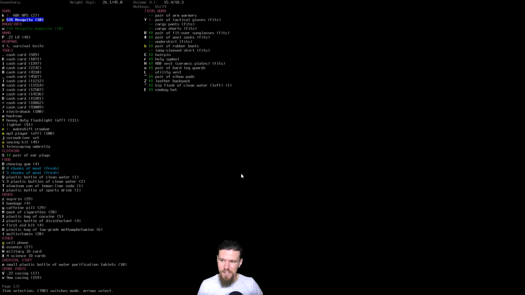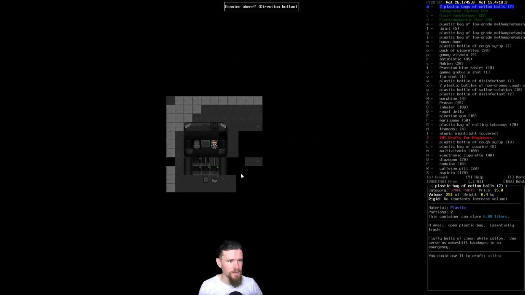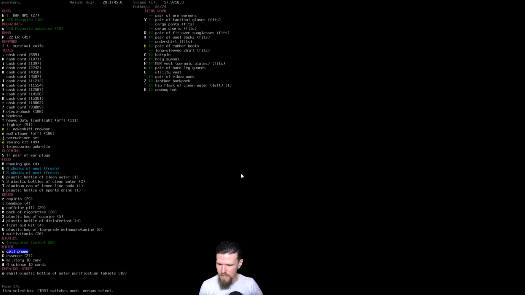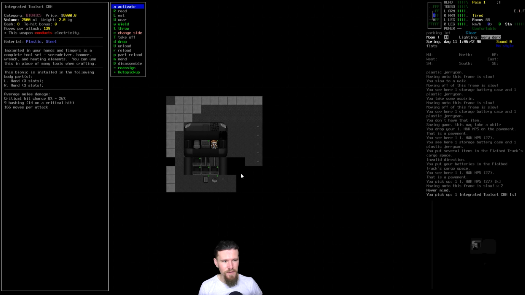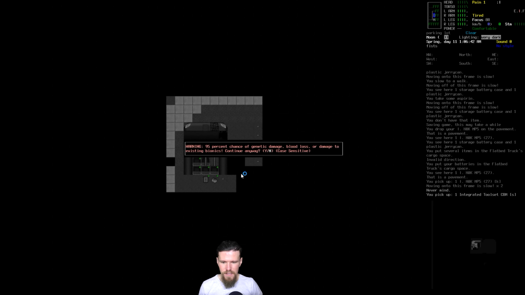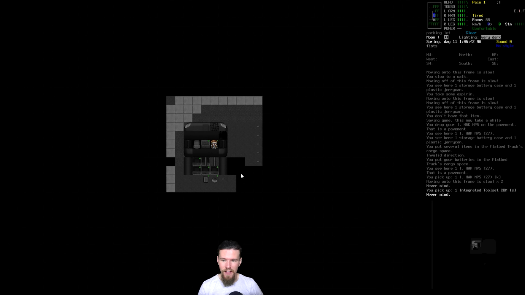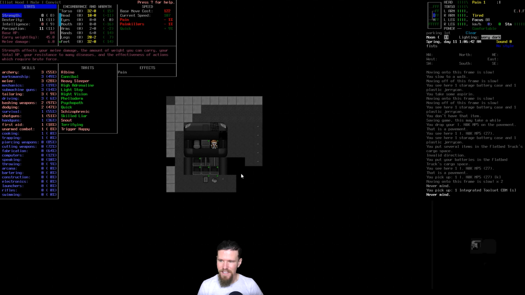If I take the integrated toolset, we can actually see the percentage chance for trying to install it. So if I go to the integrated toolset itself, which I think I swore I picked up, but apparently I didn't. No. We pick up the integrated toolset. Thank you very much. So right now, as we are just standard, if we tried to install this, let's see, activate. Holy shit, a 95% chance of genetic damage, blood loss, or damage to existing bionics. No, we do not want to continue. 95% chance. That is a very slim chance of success. Now, we could get our intelligence slightly higher, and that would help us, but I still feel like...